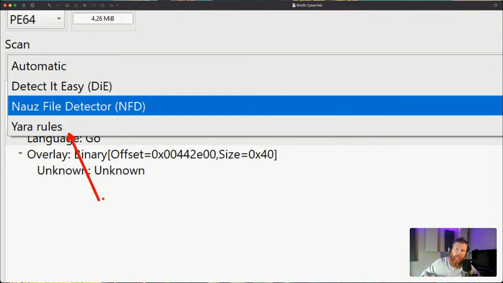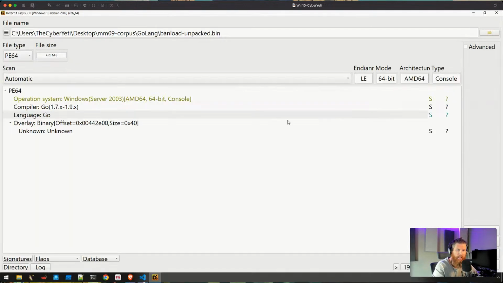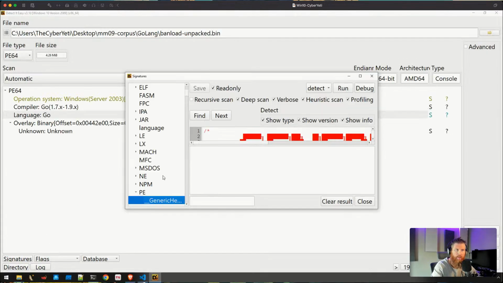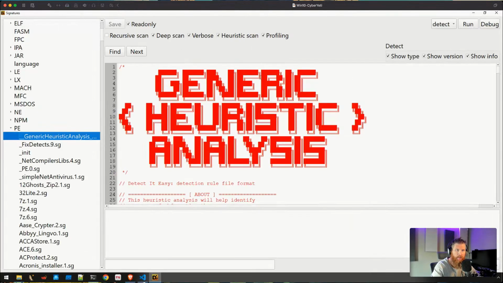So you can have your own Yara rules, or you can add Yara rules from the community, however you'd like to do that. If you go with the default here, Detect It Easy has its own signature database. Down here in the lower left, you can click on signatures, and this will bring up the signature dialog.